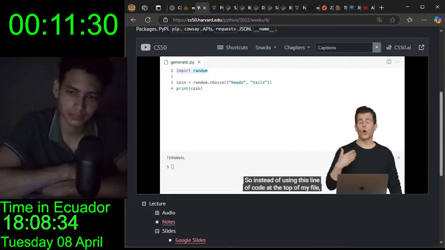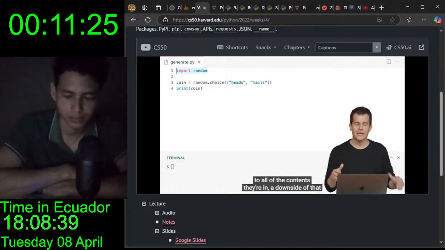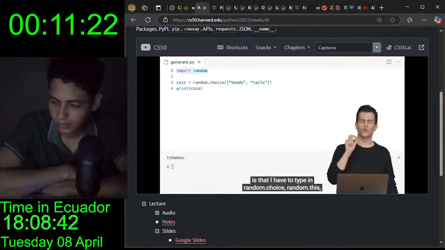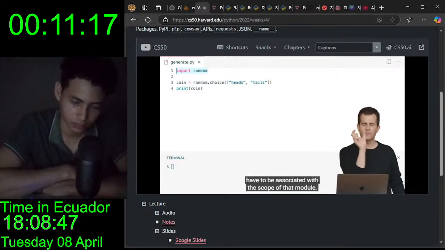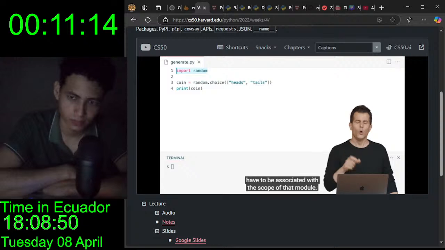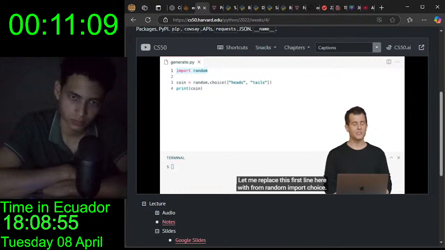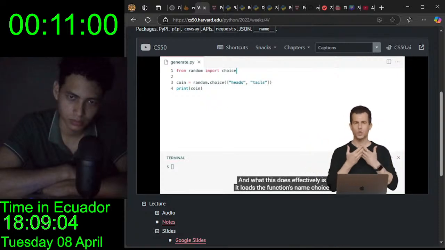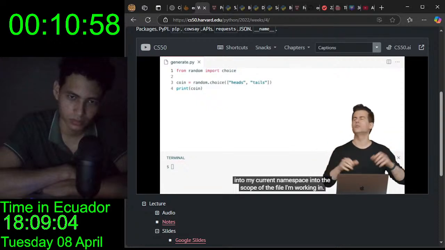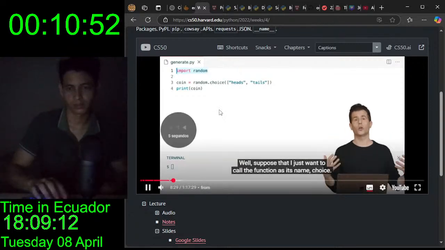So instead of using this line of code at the top of my file, import random, which will technically give me access to all of the contents therein, a downside of that is that I have to type in random.choice, random.this, random.that, because all of the functions I'm calling have to be associated with the scope of that module. Well, suppose that I just want to call the function as its name, choice, I can do that as well. Let me replace this first line here with from random import choice, and what this does effectively is it loads the function's name, choice, into my current namespace, into the scope of the file I'm working in. What that means is that I now no longer